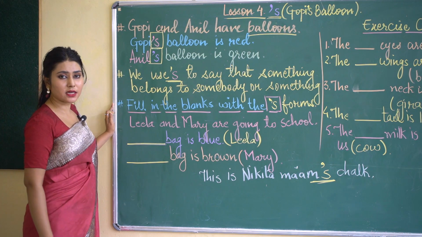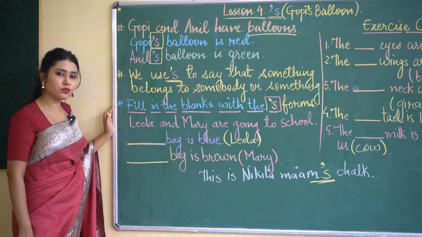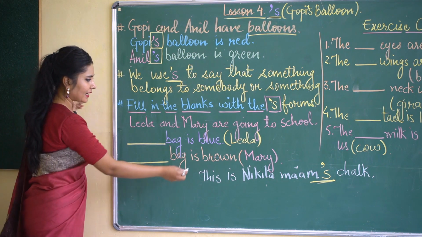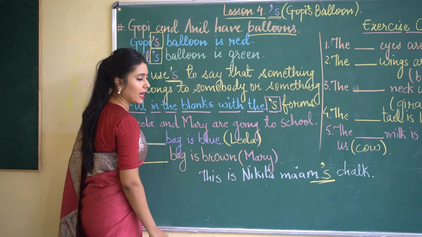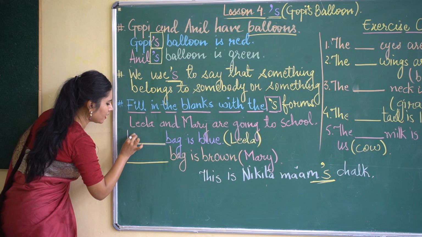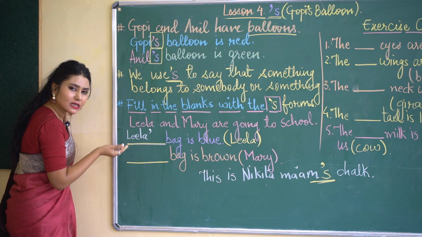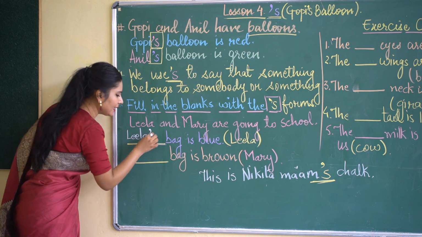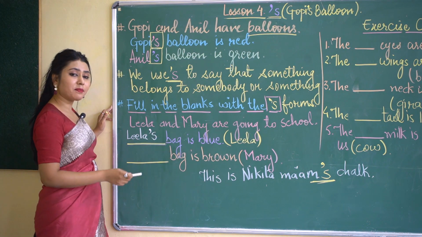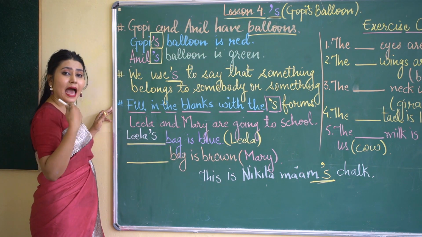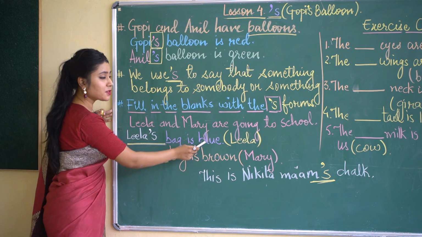But if you have to write it in an English sentence, in a proper grammatical sentence, you have to apply an apostrophe S. Like see, dash bag is blue. What name is given here in the bracket? Leela. So you will write Leela and then you will apply an apostrophe a little above and higher than the bottom line and then S. It becomes Leela's bag is blue. That means the bag which Leela is carrying or holding belongs to Leela. Or that is blue in color.